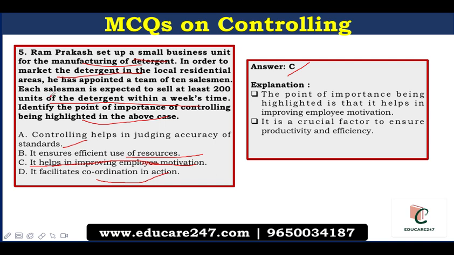With the targets being given to the salesmen, they feel motivated to achieve the target on time. At the same time, with the number of units being determined, a manager can look at the number of units being sold by the salesman and can help determine the performance of every salesman in the area. In this way, he can measure the actual and the standard performance and thus identify areas which are required to be improved upon.